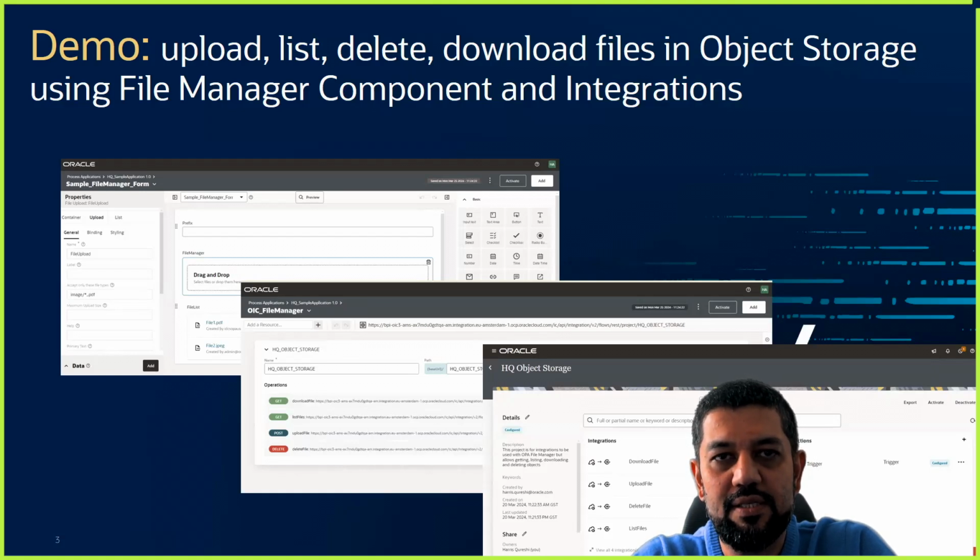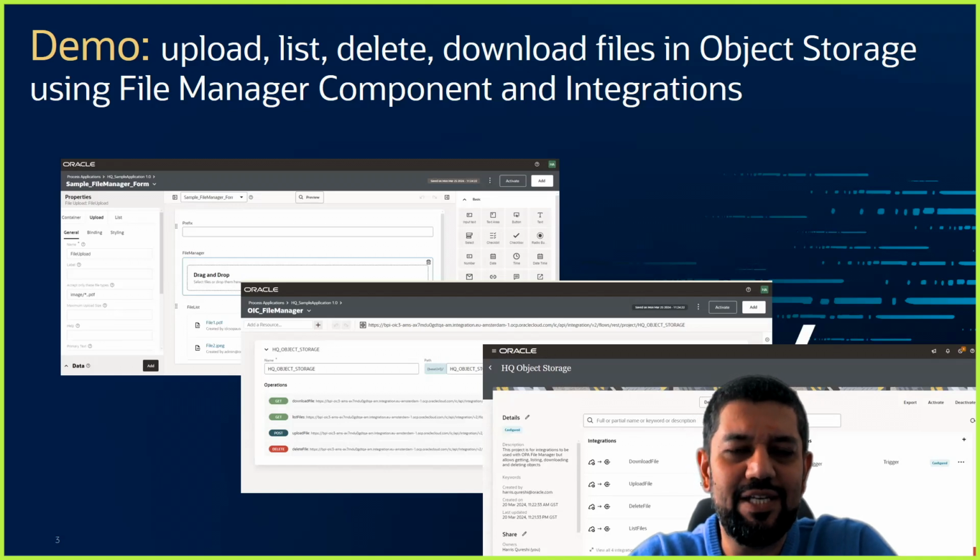In this demo, I used Oracle OCI Object Storage for storing the documents, but it can be any other third-party system, because with the power of Oracle Integration Cloud, we can integrate with any third-party systems using our rich set of